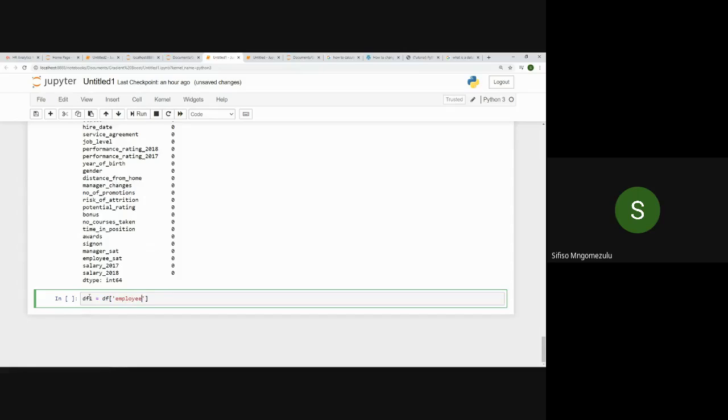Please ask questions if you're not getting what I'm doing. Data frame 1 dot fillna 0. So basically, I'm filling all the missing values in employee SAT